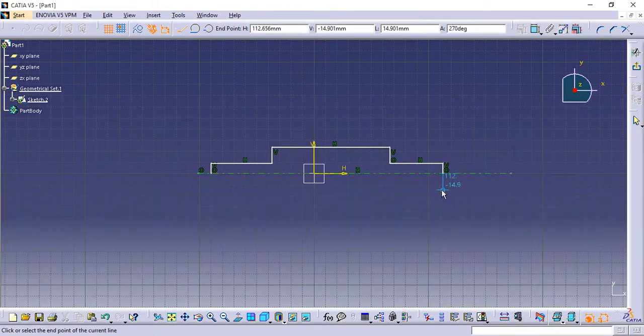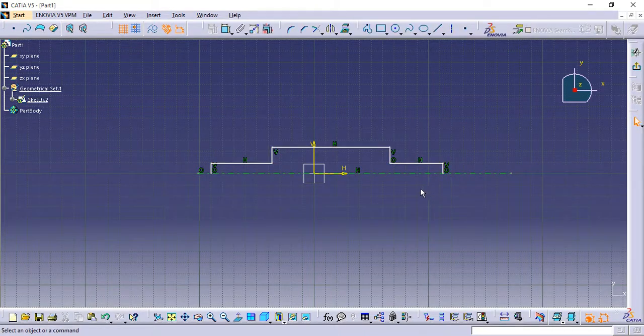Okay, this is the simple stepped shaft. You can make it fully constrained later on. You all are aware of how to give the dimensions and how to make it fully constrained, so I'm leaving this part up to you.